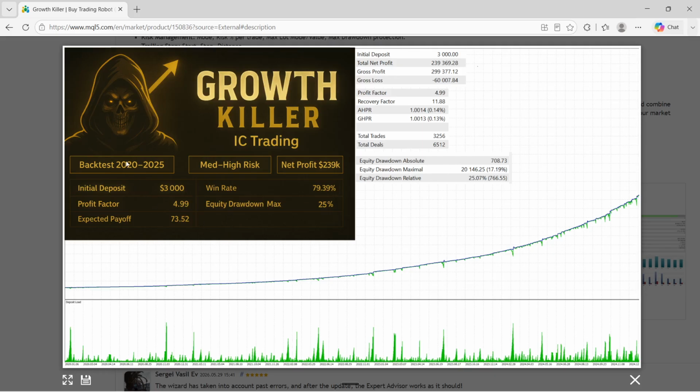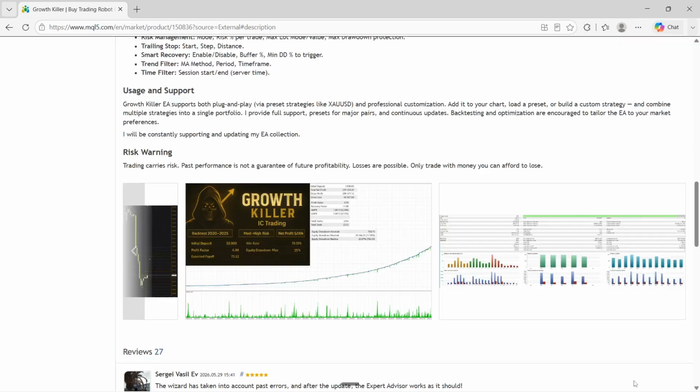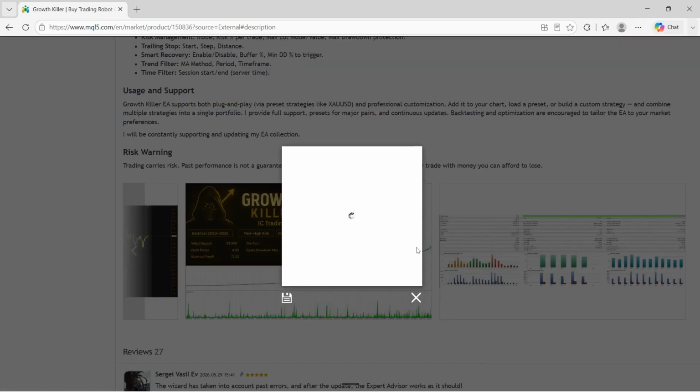All right, so based on this, from the developer's backtest from 2020 to 2025, a period of 5 years, you can see for the initial deposit of $3,000, the net profit was over $239,000, and the profit factor was 4.99. The win rate was 79.39%, and the equity drawdown was 25%. You can see how the equity curve looks as well. Pretty decent growth over time, and it gets more aggressive as it heads further towards the right. All right, that's all well and good, but how does this actually hold up when I put it through my own